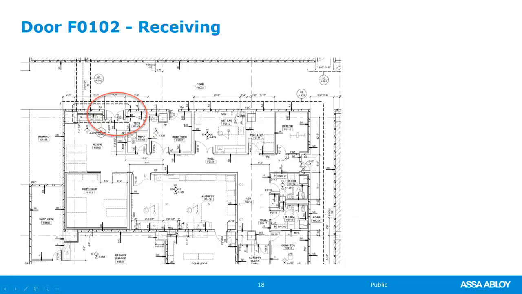What I'm looking for on this opening, I see that it has card access, so I know that I'm going to need some kind of electrified hardware. I see the PP for the push plate. That indicates to me that there's a power operator to open these doors. And I know that when I have a pair of doors with an auto operator in a hospital, that's going to be surface vertical rod or concealed vertical rod exit devices, less bottom rod, electric latch retraction. And